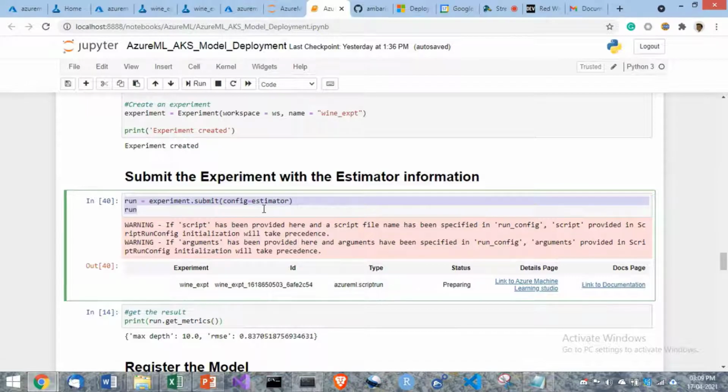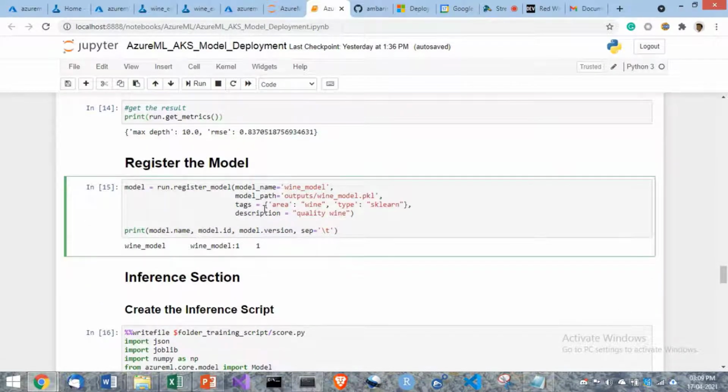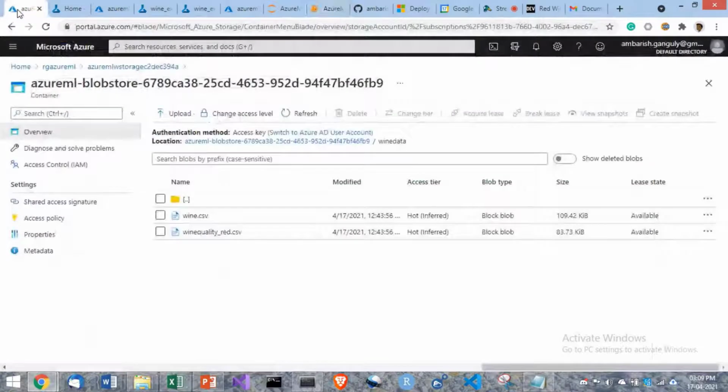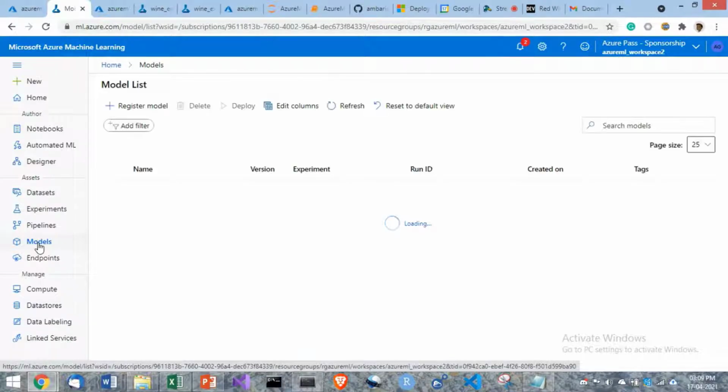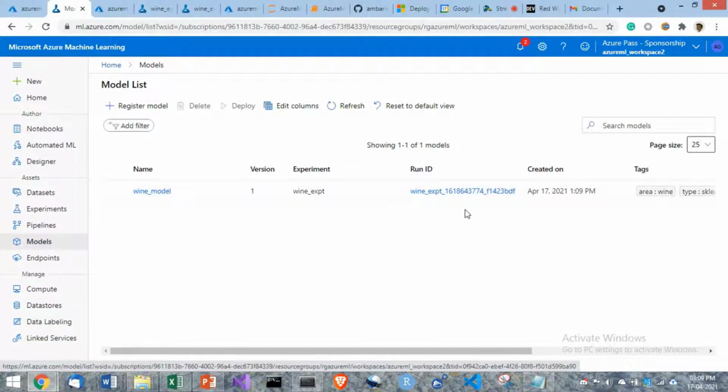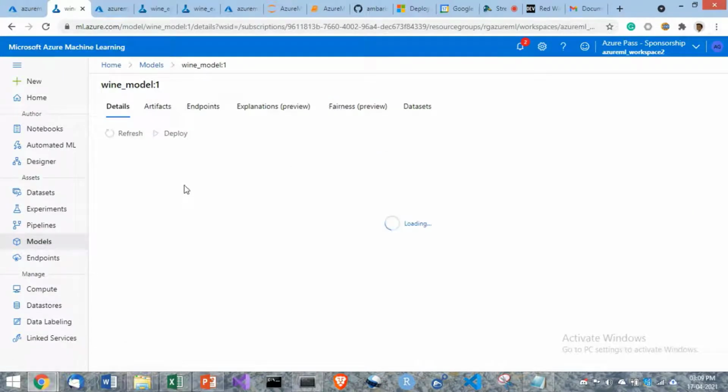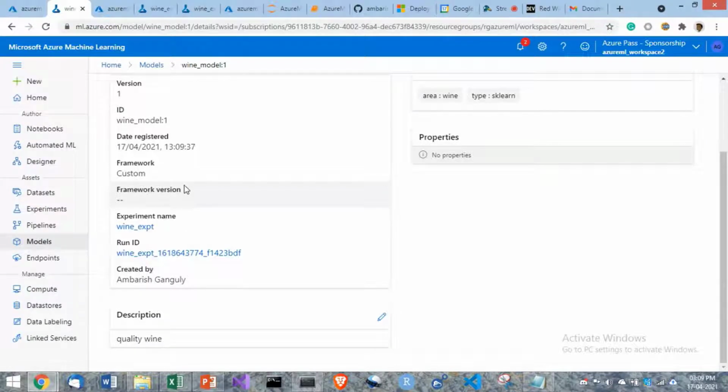Now once I have the model, I can register the model in the workspace. What it means is that my model is in a very secure place, and I can use it a number of times. So where is the model? The model is here. The model is associated with the run ID, and it has got tags, it has got everything. So this is my model. The data scientist or whoever is building the model can build it and put it in that space, like they can create a hub of all the models here.